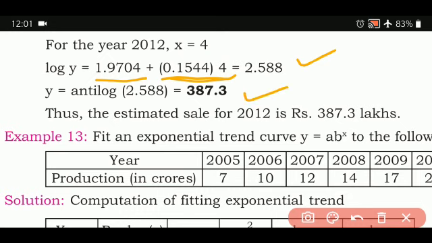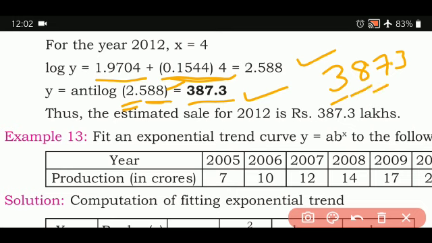Now how do you find antilog? You have to go to the antilog page. This becomes the mantissa. First you will check the mantissa. Mantissa 0.58, 8th column. That mantissa you are going to find. Then you are going to write it here. This 2 will tell you after how many digits you put the decimal point. This is the characteristic 2 here. So suppose in the logarithm book antilog you get 3873. This characteristic 2 is there, so you put the decimal point after 3 digits, that is 1, 2 and 3. So you put it here.